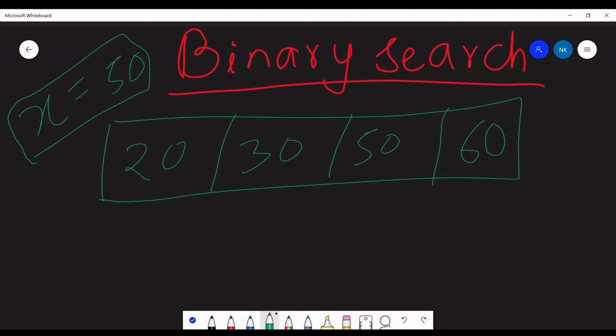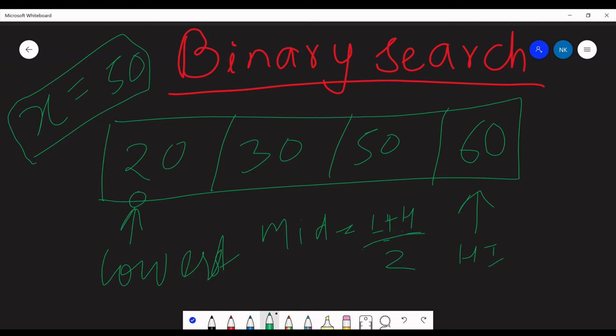The first index is the lowest index, which is 0, and the last index is the high index. And we need a mid, where mid is low plus high, divided by 2.